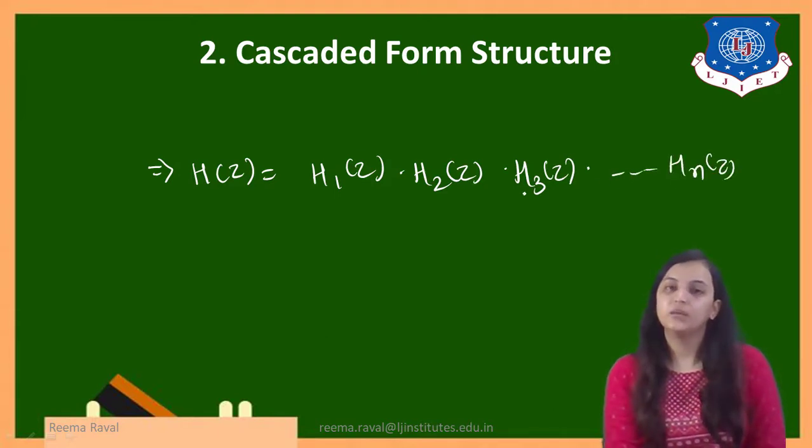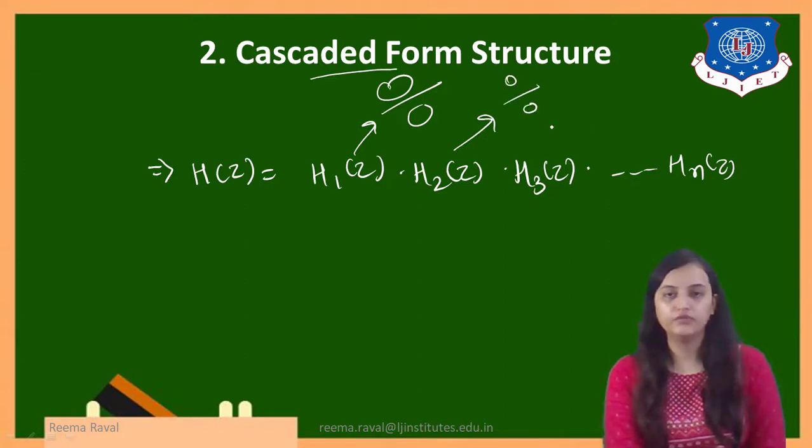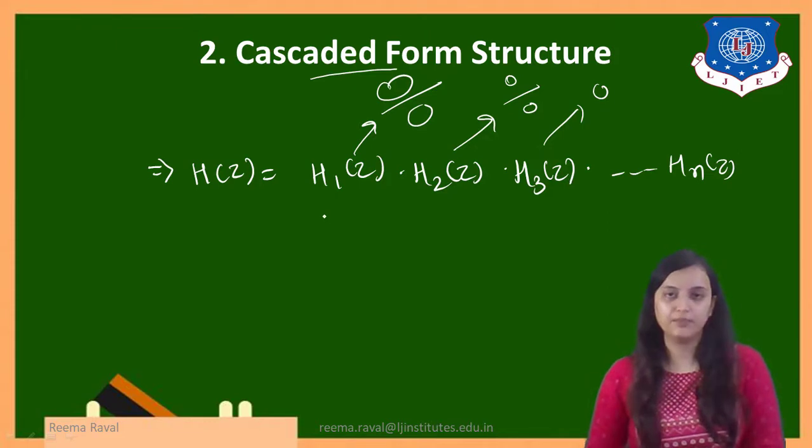That means whatever the number of systems you are taking, whenever you are multiplying them, or obtaining the series connection for that, it is referred to as the cascaded form structure. Here H1(z) can be an equation in terms of numerator and denominator as well. In the same way H2(z) can be in terms of this, or H3(z) can be only an all-pole system or all-zero system, likewise. But whenever you are placing these in a series form, it is referred to as the cascaded form structure. Also, we will understand this by using an example.